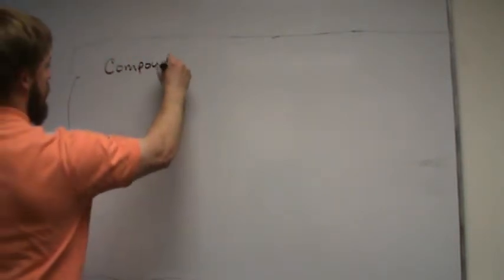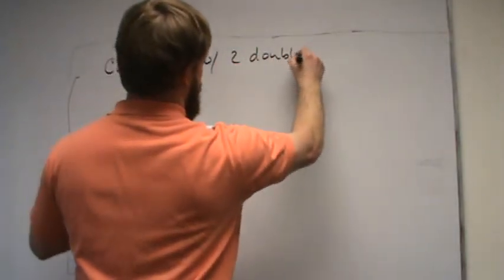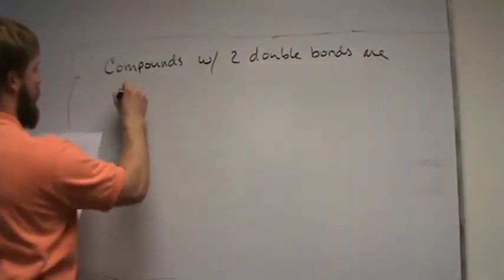All right. Now, remember, if you had 2 methyl substituents on an alkane, you would say 3,3-dimethyl or 2,4-dimethyl. We do the same thing with compounds that contain 2 double bonds. We call them dienes. Compounds with 2 double bonds are called